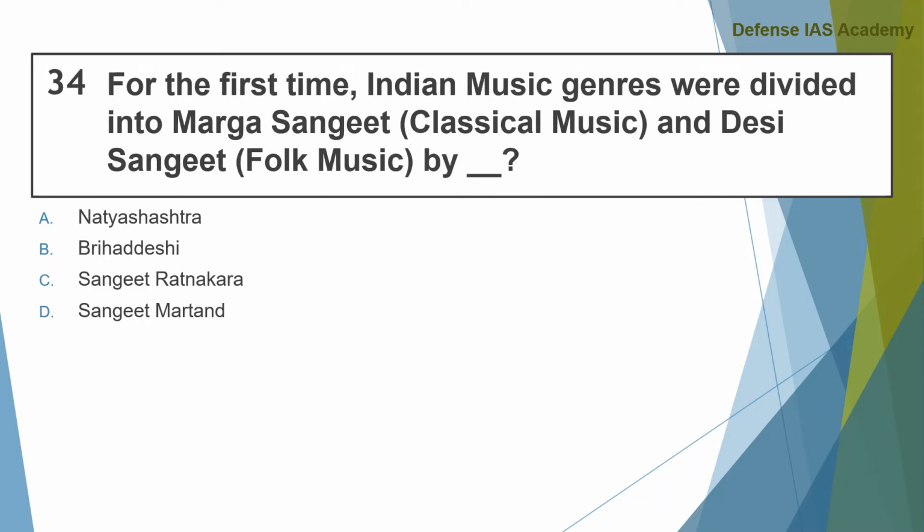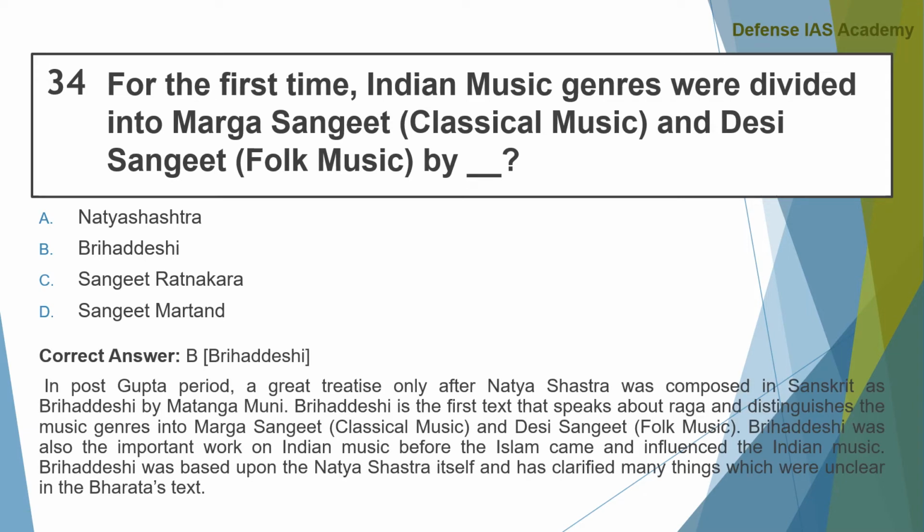Question 34. For the first time, Indian music genre were divided into Marga Sangeet, that is classical music, and Desi Sangeet, folk music, by whom? Answer is option B, Brihadeshi. In the post-Gupta period, a great treatise after Natya Shastra was composed in Sanskrit as Brihadeshi by Matanka